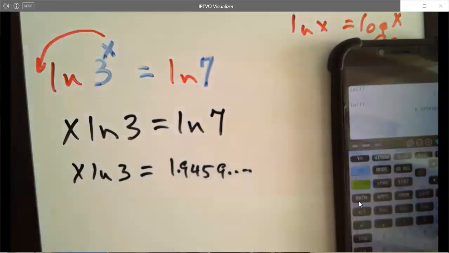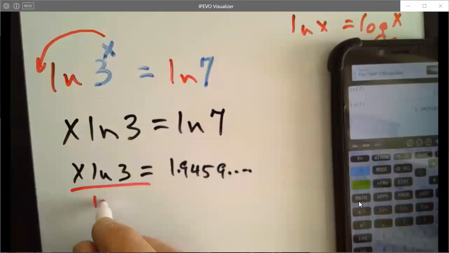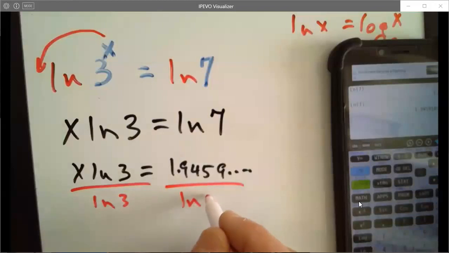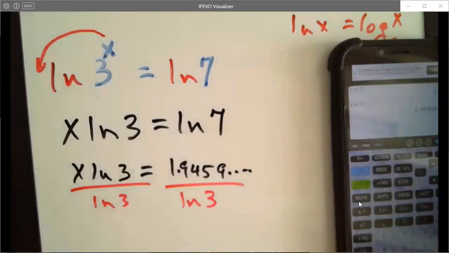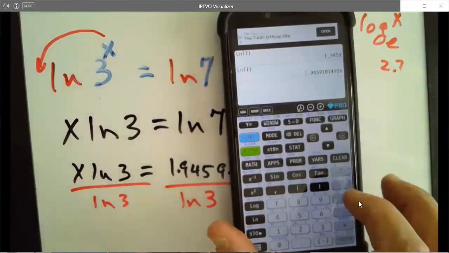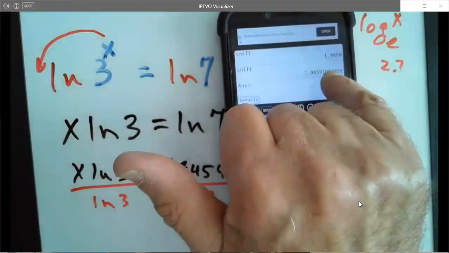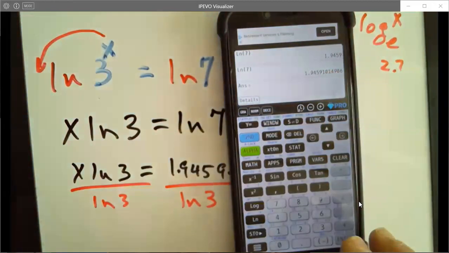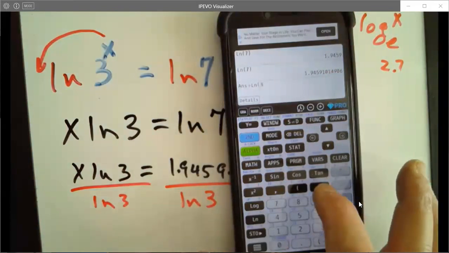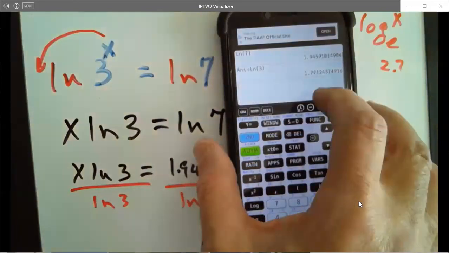Now we can continue to solve by dividing. We want to isolate that x, so we divide by natural log 3 on both sides. So we take this number, we don't clear it, leave it on there, and we hit divided by, and it'll say answer, and that gives you the last answer you had. Then natural log 3. I always like to close the parentheses on there, and hit enter, and we get